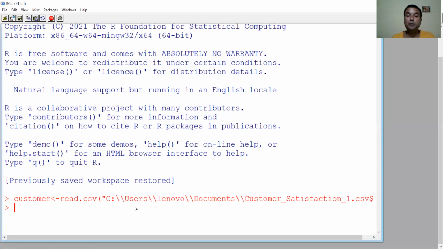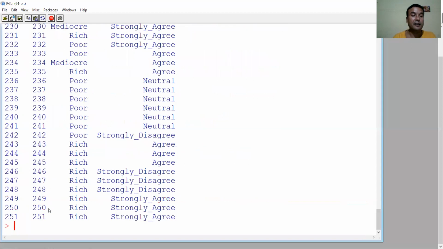Now let us verify whether we have successfully imported the CSV file or not. To verify it, type here customer, as we have given the name, then press enter, and we have seen the table. Yes, we have successfully imported the table.